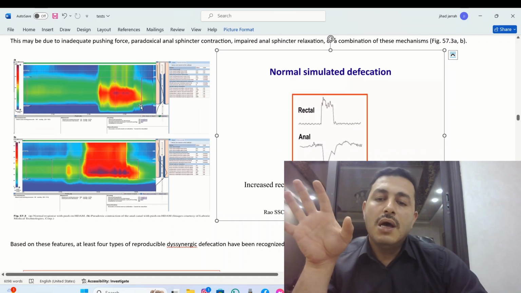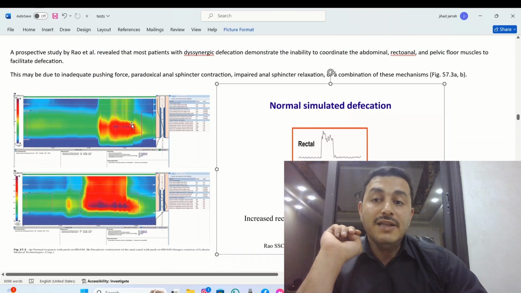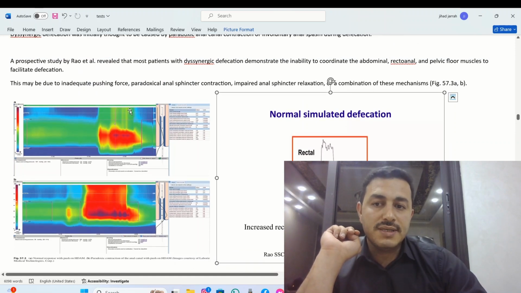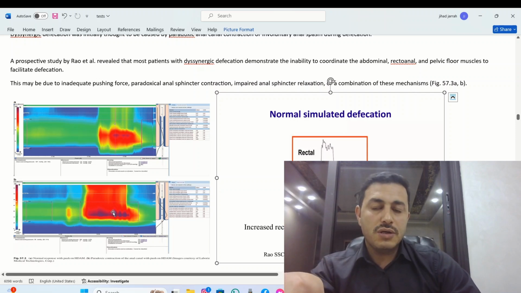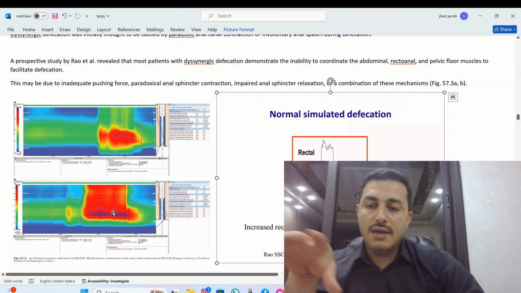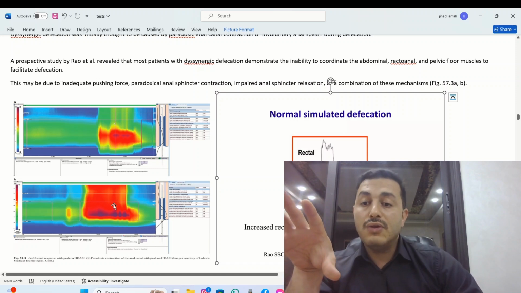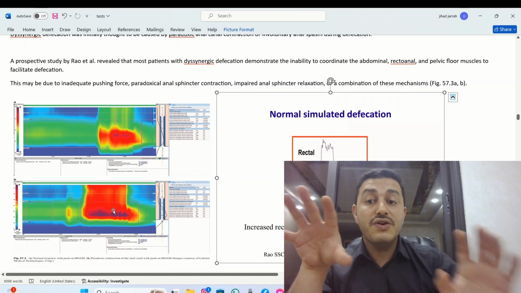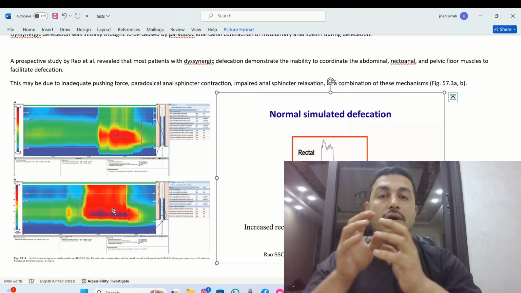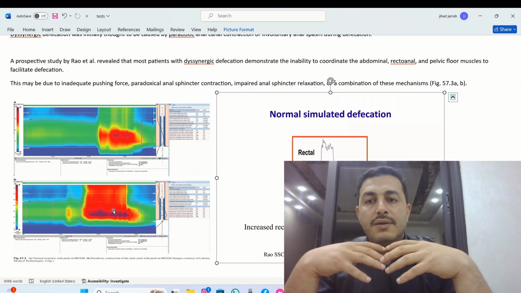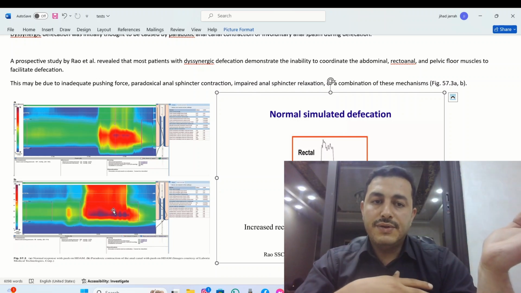Okay, high definition anal manometry, and you see here that the rectal pressure is increased, the green one, and the anal pressure is decreased here. So this is the normal response. In the second picture, you shouldn't be professional in analyzing it, but it's clear that here the red zone increases, which means that there is an increase in the anal pressure, which is a not normal defecation